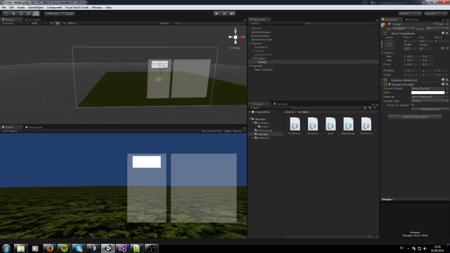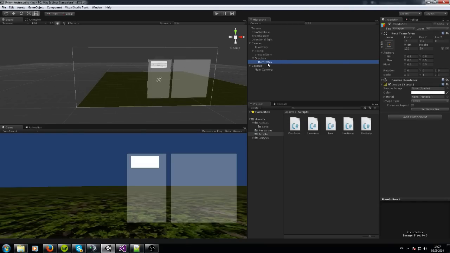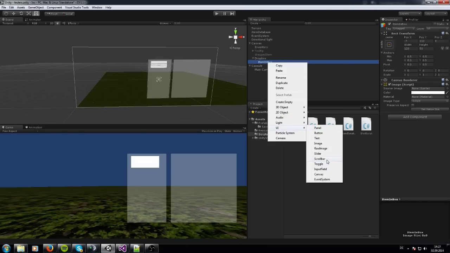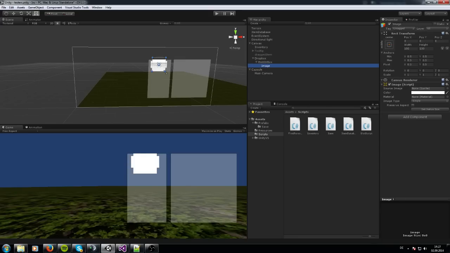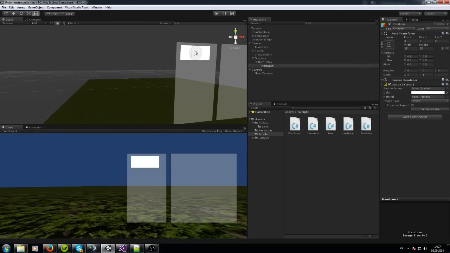So, okay, what we need as well. Let's call this item in box. I'm going to call it item in box, and then we need our item icon. This is as well an image. And let's do this 35 by 35. I have to take some things away. Annoying at the moment. So, and let's call this item icon and go deeper so we can place it better